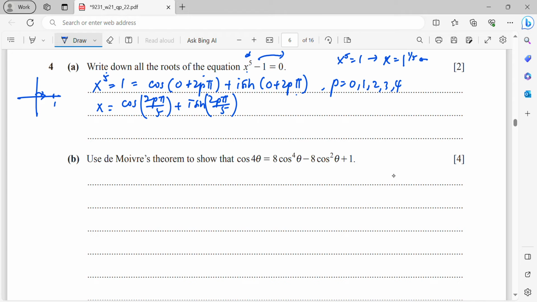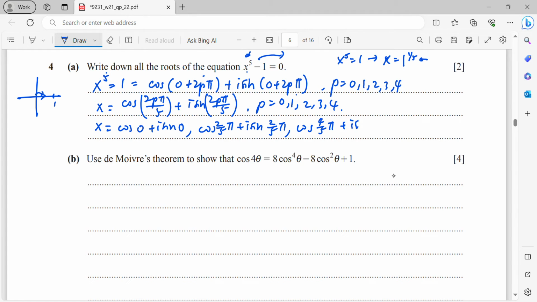So now my x will be cos 0 plus i sin 0, then cos 2 over 5 pi plus i sin 2 over 5 pi. So we need to list out 5 roots. So when p equals 2, I will get cos 4 over 5 pi plus i sin 4 over 5 pi. So the next one is going to be 6,